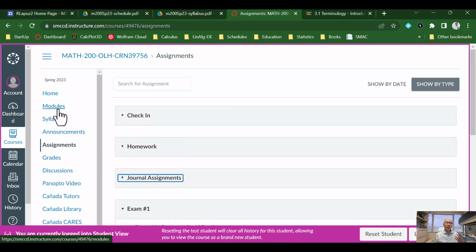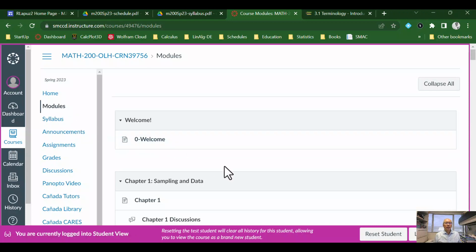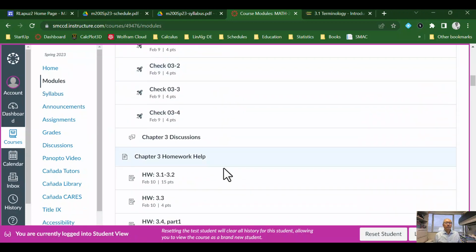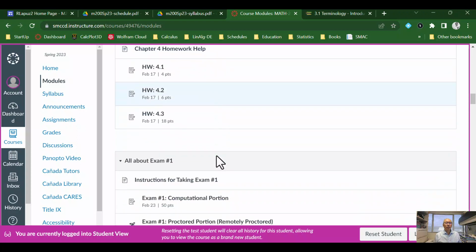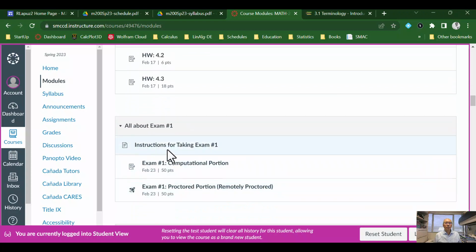Oh, by the way, speaking about exams, and we'll get to this when we get closer to the exam dates, for each of these modules, Chapter 3, Chapter 4, and then it looks like the first exam will cover Chapters 1 through 4, and then we will have a link to the actual exam, some information about taking the exam, and then the links to the actual exams posted here. So these might be grayed out at the beginning of the semester, because the exams will not be made public yet, but this is another place where you can find information about the exam.